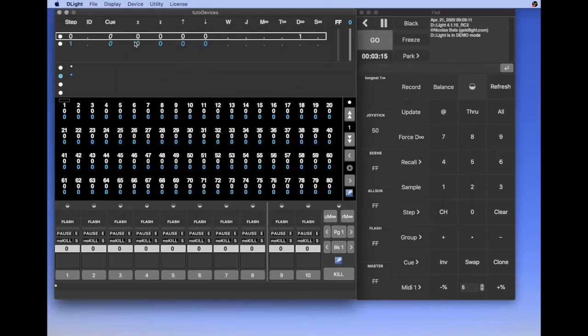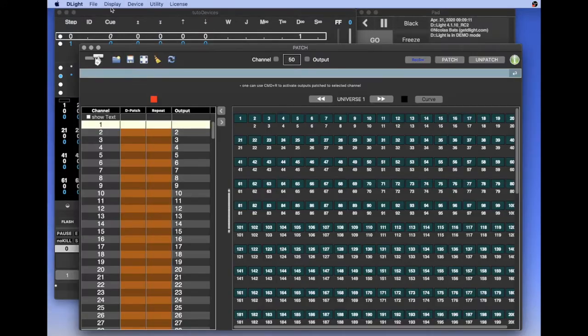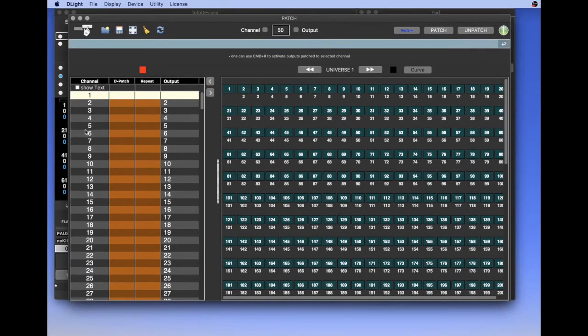After that, I need to patch it. So let's go to the patch. When channels are devices, they are in orange, the same color as this column and this column. Dpatch means device patch. If there is a 101 printed behind the spot, it means that 101 is the first DMX address of the device.